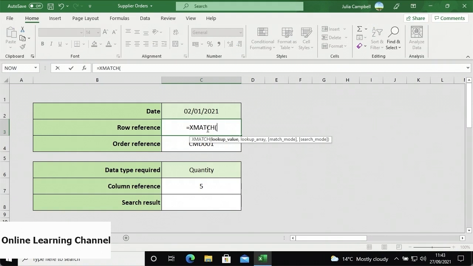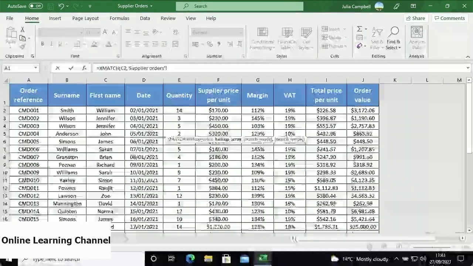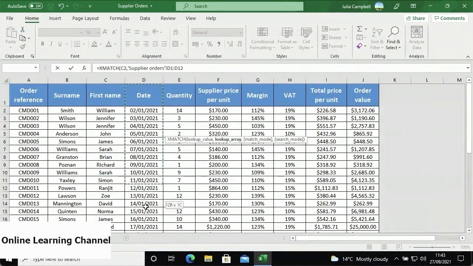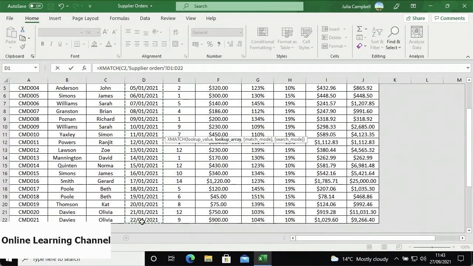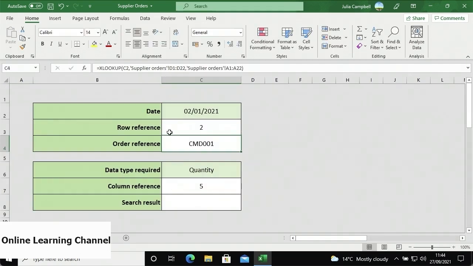Next, I need to select the lookup value, which is the date value in cell C2. Insert a comma, then select the lookup array, so switch to the Supplier Orders worksheet and select the date column cell range. Again, you have the option to define the match mode and search mode if you wish. I can then close off the parentheses and press Enter, and the corresponding row reference displays in cell C3 of